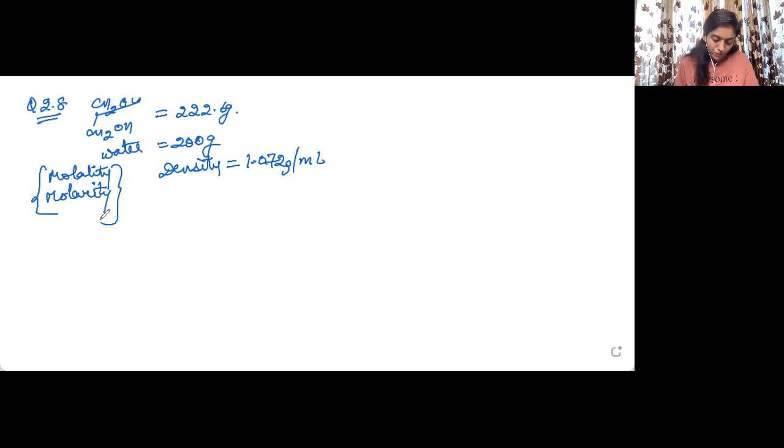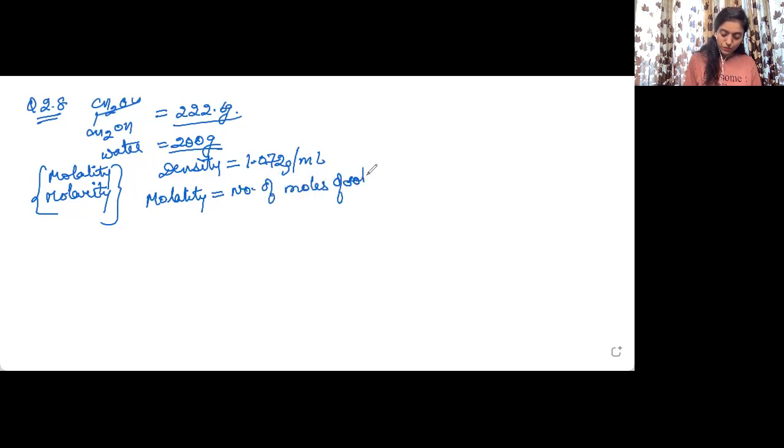Okay. So first of all, I have told you in the previous videos also that water will be taken as the solvent always, whether it is in lesser amount or greater amount. By definition, the solvent is the component which is in larger amount. But when we are talking about aqueous solutions, always water is taken as the solvent. So here solvent is water, solute is ethylene glycol. So let us first of all see what is molality. Molality is equal to number of moles of solute upon mass of solvent in grams multiplied by 1000.